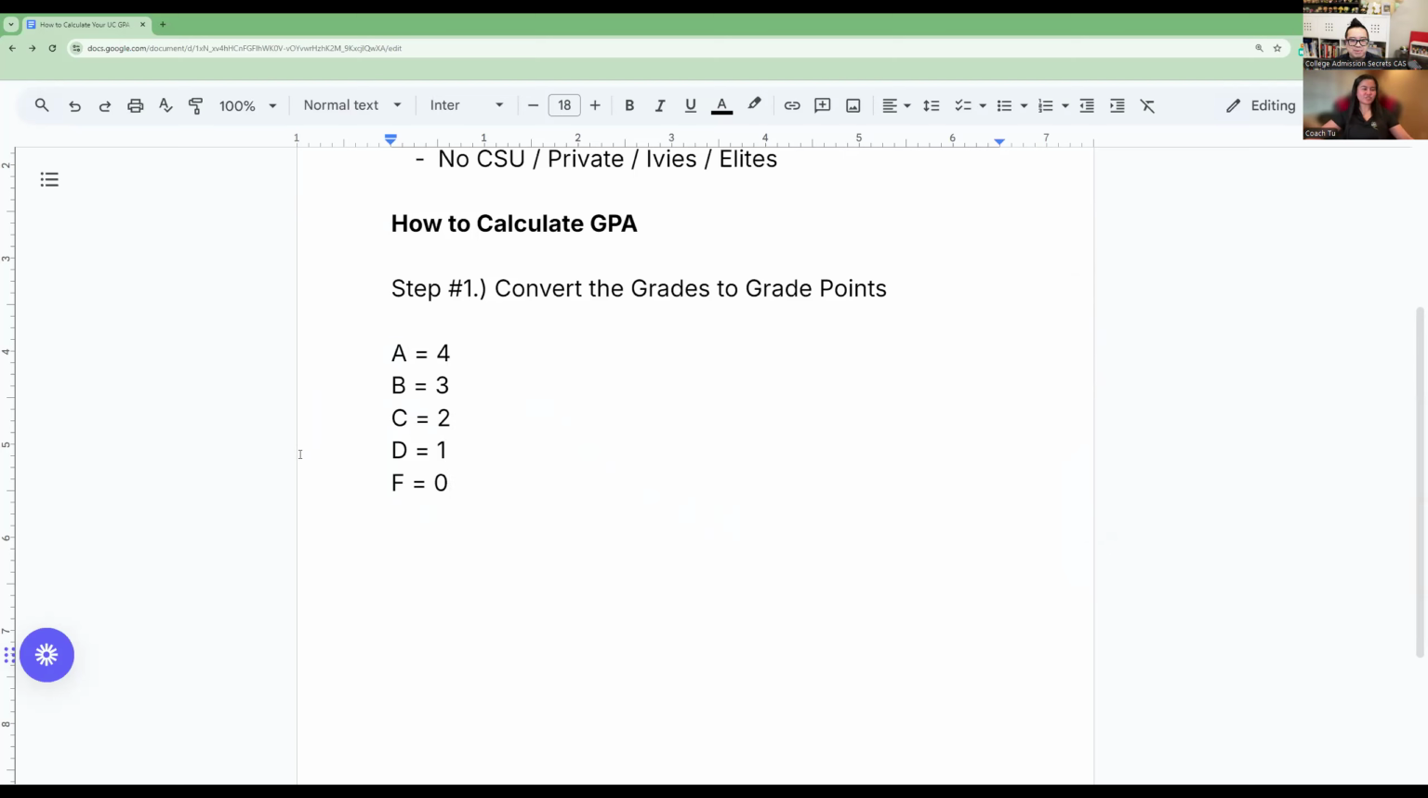Curious, what about pluses and minuses for high school students? Great question. Pluses and minuses do not matter. So an A plus is equivalent to an A minus. An A minus is equivalent to an A. So A plus, A minus, and A are all equal to 4 points. Awesome. Perfect. And one thing to keep in mind as well is that this is also per